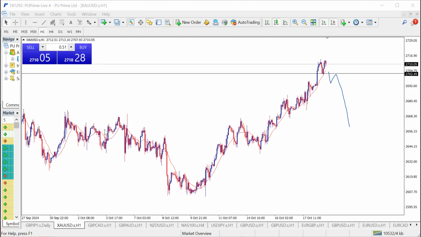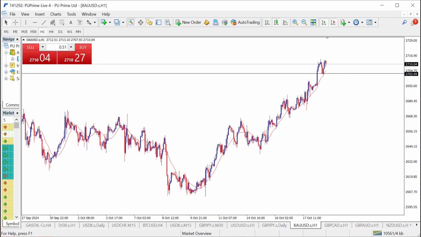So you can look out for all of this on gold. I think gold is not currently on its own. If you're taking any decision on gold now, it might be very risky. So wait for it to pull back to this 2702.49 area and spot if you're going to get any rejection from right there.